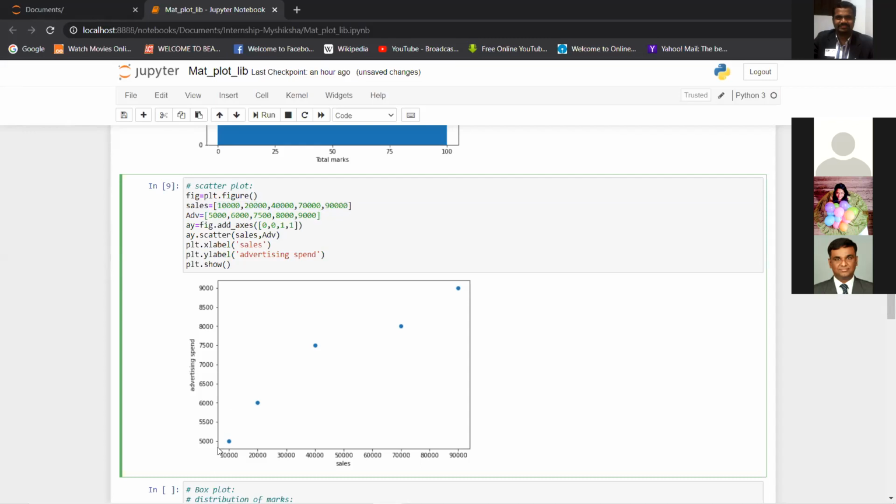Whenever data is positively correlated, you will be able to visualize something like that. These individual elements are present as dots. You can see the first x-axis element, which is sales, is 10,000, and the advertising, which is on the y-axis, is 5,000, right? This is the first element, and that's how the other points are plotted.